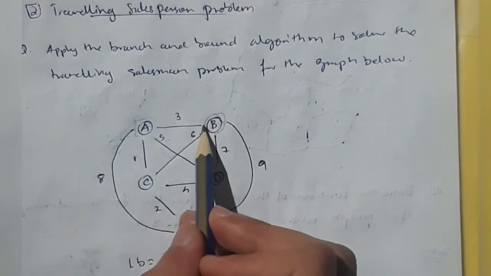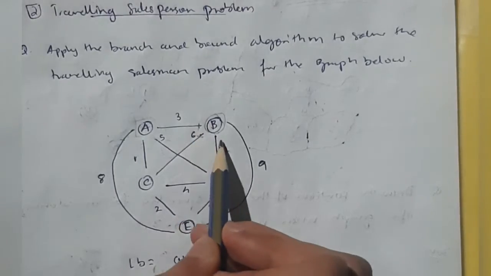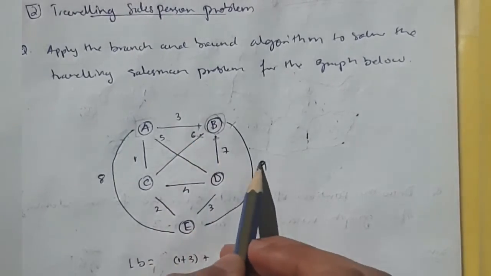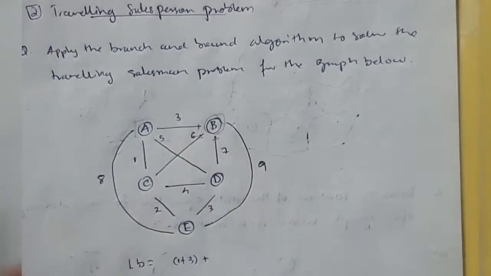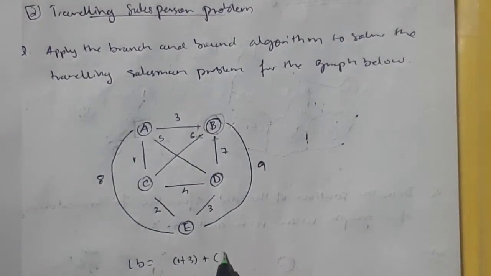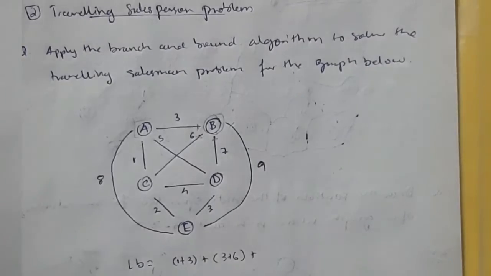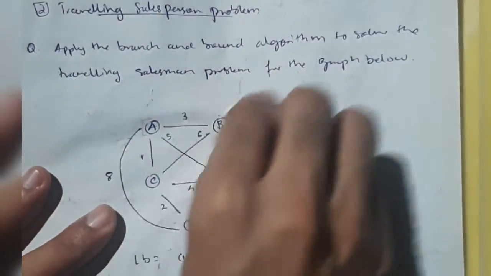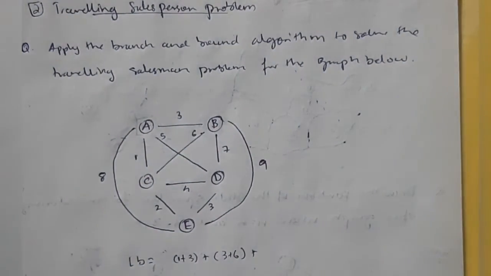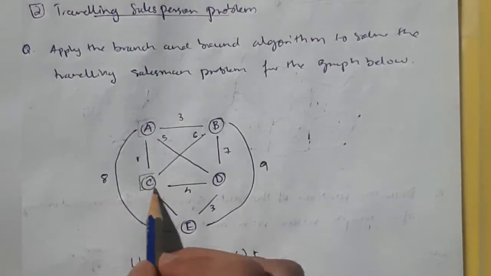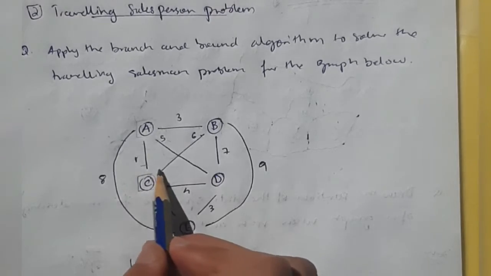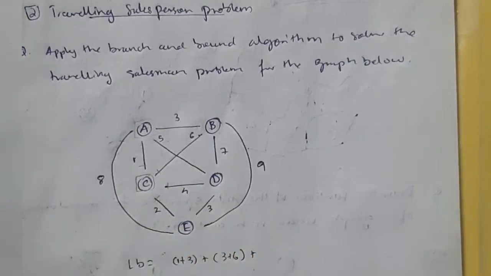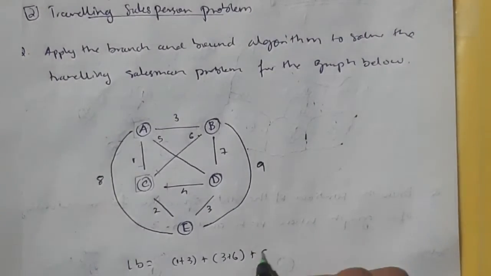Selecting B, the edges are this one, this one, this one, and this one. The costs are 3, 6, 7, and 9. The least two are 3 and 6. So I'll be writing here plus 3 and 6. Okay. Then select the next one, which is C. In C, the edges are this one, this one, this one, and this one. The least two are 1 and 2. So I'll be writing here plus 1 plus 2